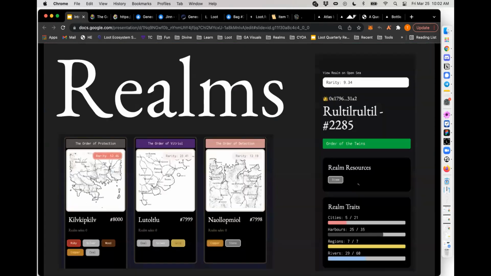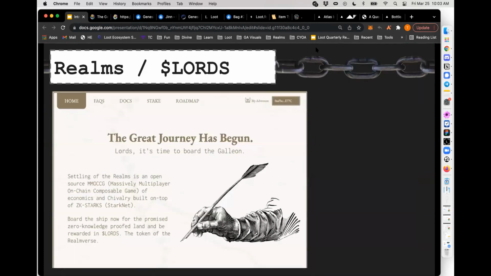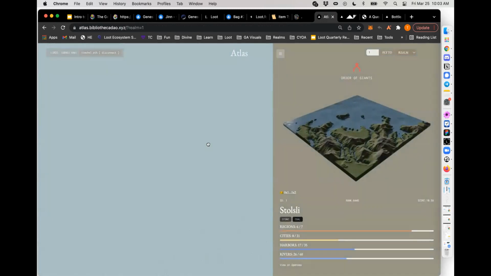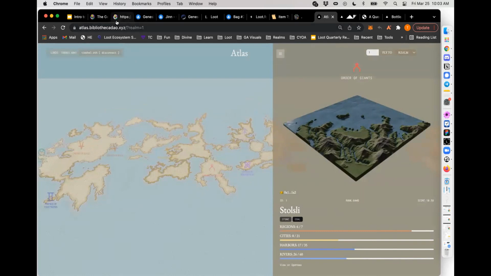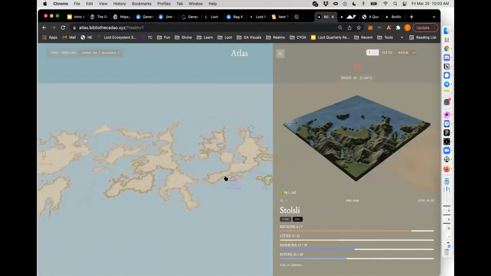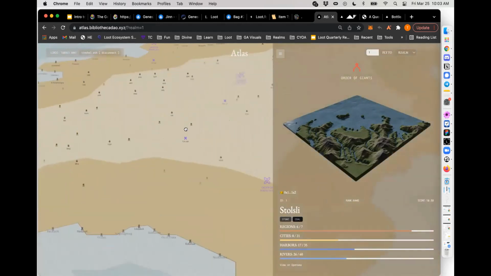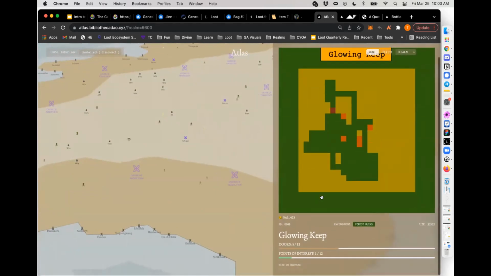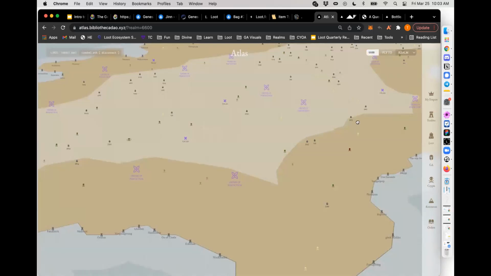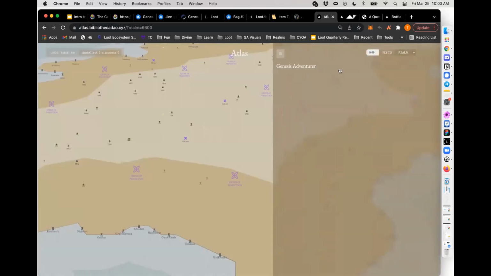We just talked about Genesis project. There's a project called Realms that's probably the largest Lootverse project right now. Realms is a settling game and a resource management game. You can see a preview of the map here, atlas.biblioteca.xyz. And through this, you can then discover the Lootverse. You can discover each of these Genesis adventures. You can discover each of these loot bags. You can discover these crypts and caverns. And over time, this is just going to become higher and higher fidelity, and more and more playable and exciting.